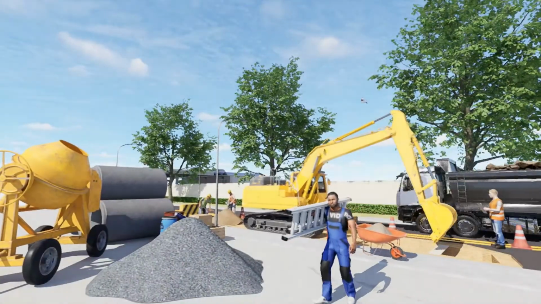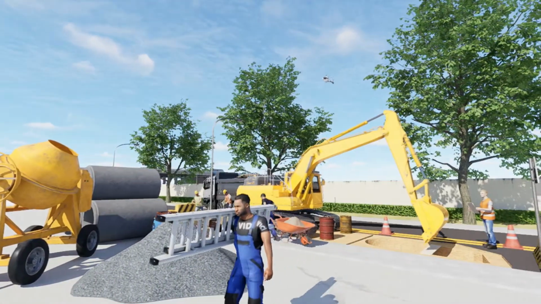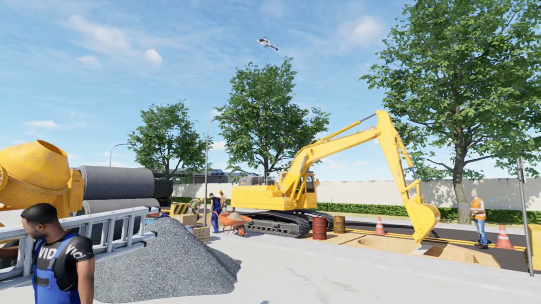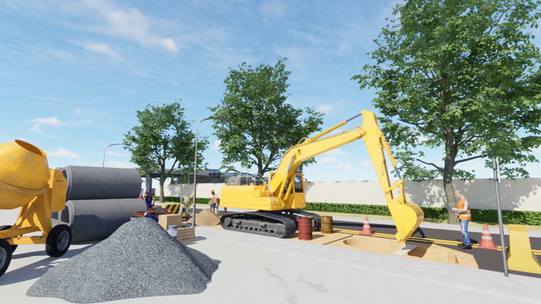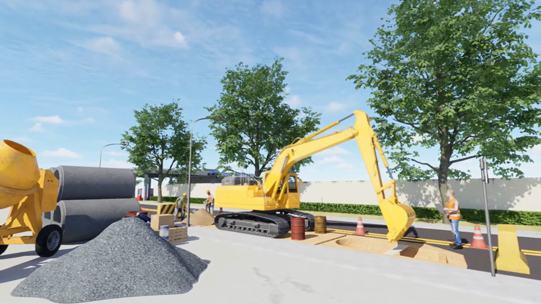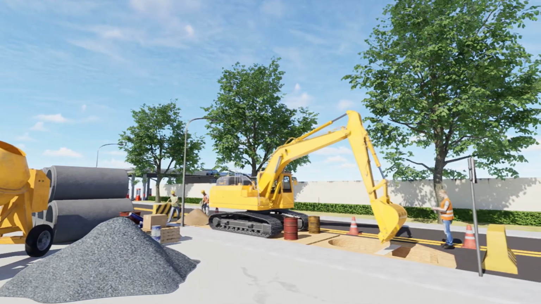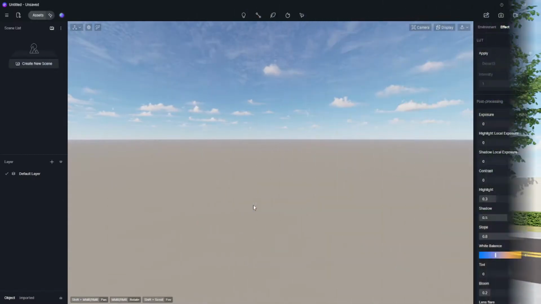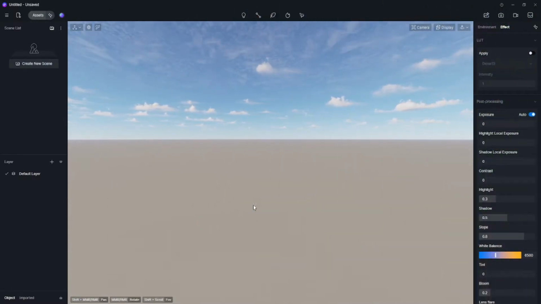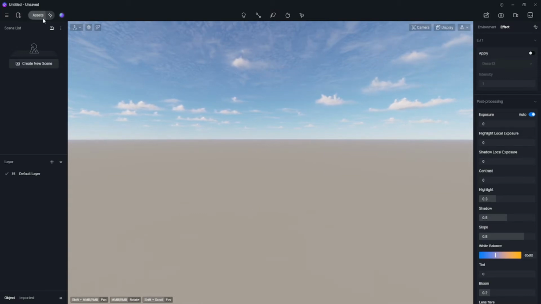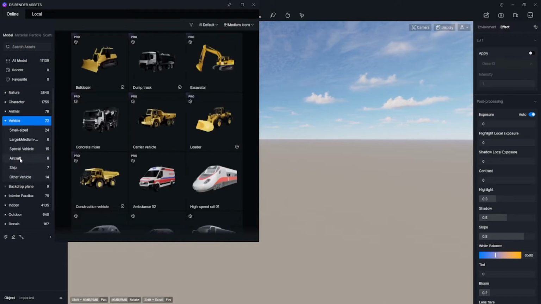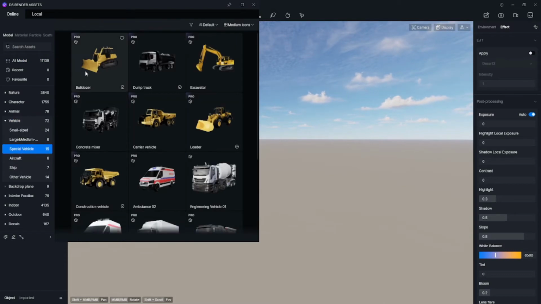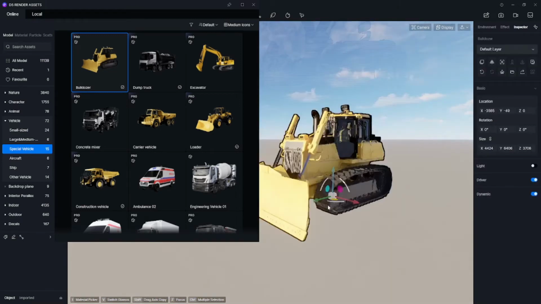Next feature here in version 2.8 is the construction site models. So in 2.8, they added 190 plus construction site models, including construction workers, equipment, animated machineries, and vehicles. So in the previous version of D5 Render, I always had to look for heavy trucks. And the good thing is D5 Render version 2.8 has construction site models. So first, let's check on the vehicles. We have here the special vehicles. We have here a bulldozer.